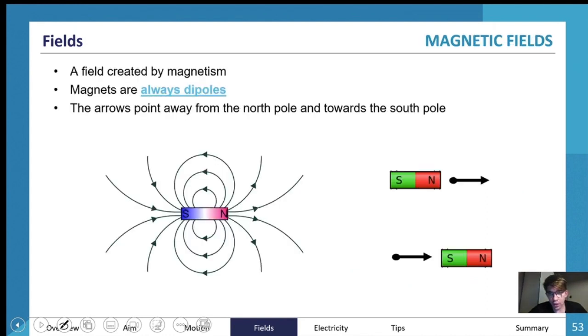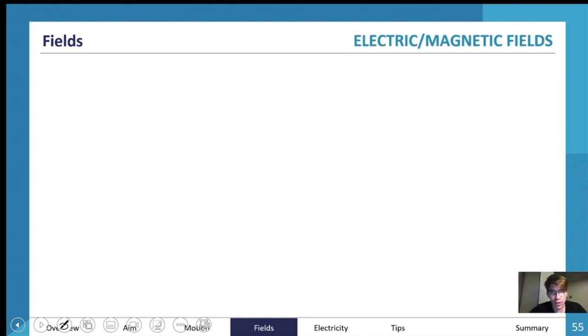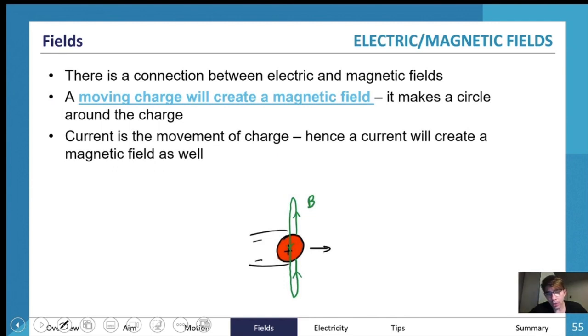Magnetic fields, on the other hand, are epic if you combine them with electric fields. So magnetic fields, you guys know, they are only dipolar. If you break a magnet in half, you're going to get two smaller magnets. The thing with magnetic fields is that when you combine them with electric fields, they can be super epic, because